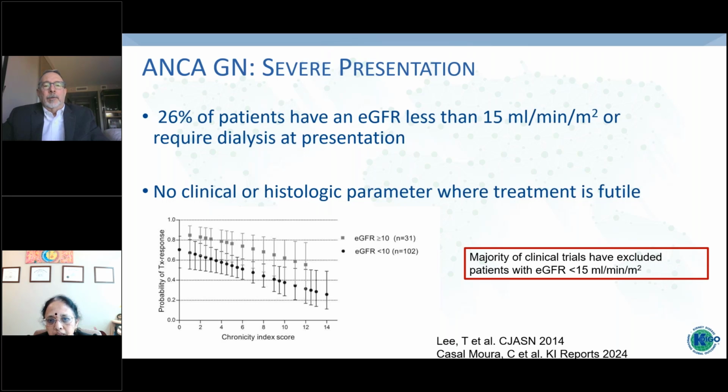I realize it's older, but I really would recommend the audience taking a look at it to help you decide on how aggressive you can be. And of course, you've got to take into consideration frailty and other issues that might preclude severe or robust immunosuppression. But this is a really important point.